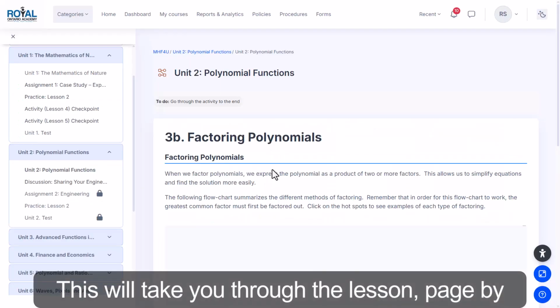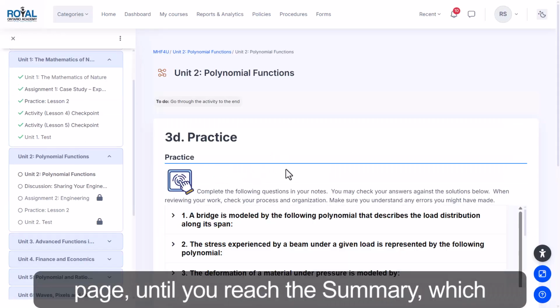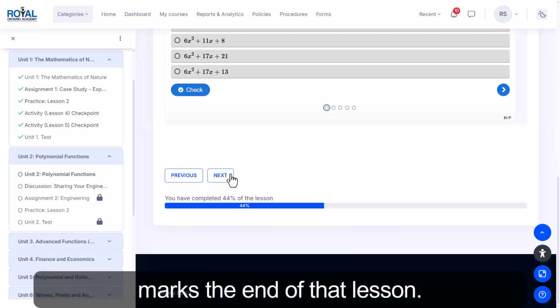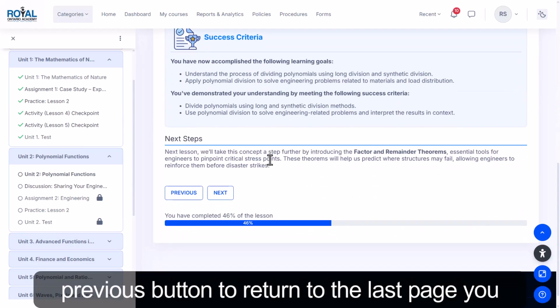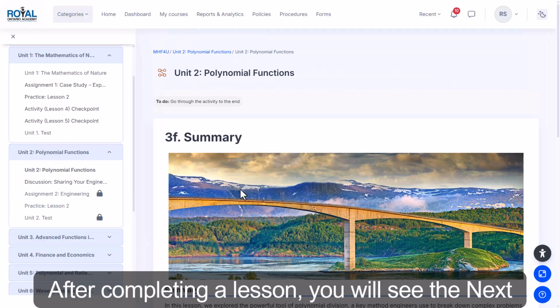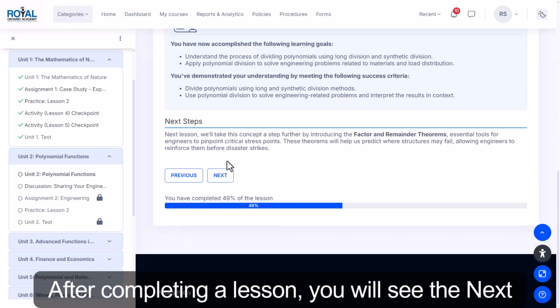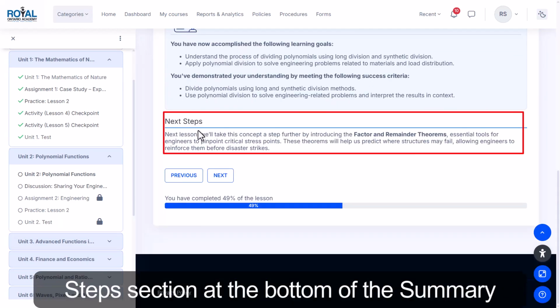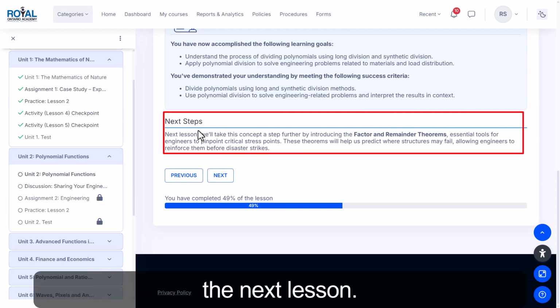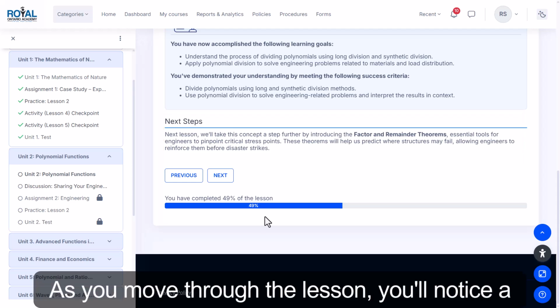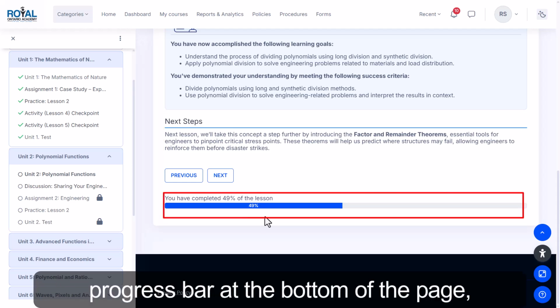This will take you through the lesson page by page until you reach the summary, which marks the end of that lesson. If you need to go back, you can always use the previous button to return to the last page you viewed. After completing a lesson, you will see the Next Steps section at the bottom of the summary page. This indicates that you are about to move on to the next lesson. As you move through the lesson, you'll notice a progress bar at the bottom of the page showing how much